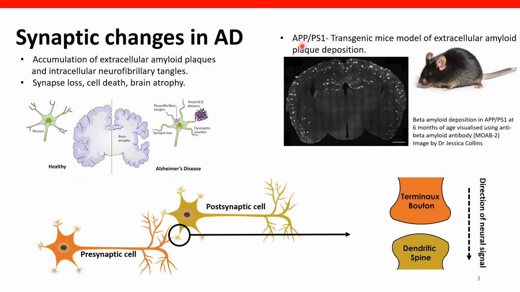In our lab, we use the APPPS1 transgenic mouse model of extracellular amyloid plaque deposition. Here you can see a cross-section through the brain of a 6-month-old animal. These white dots are extracellular amyloid deposits that are visualized with the MOAB2 antibody. As you can see, they are really quite pronounced in the hippocampal and cortical regions. The data I will be showing you today all come from axonal projections that are found in these superficial